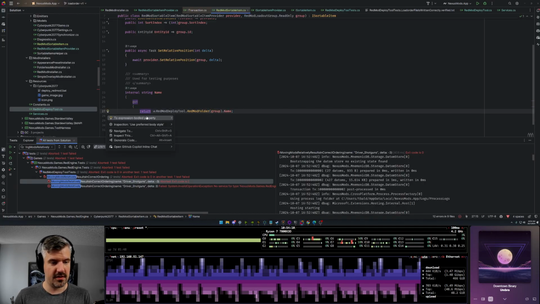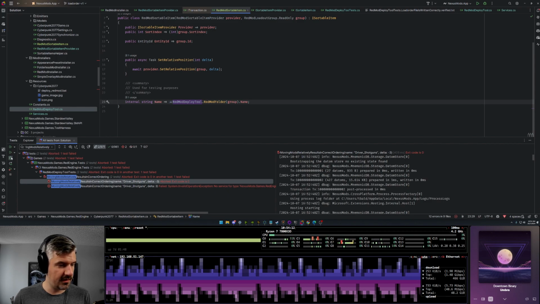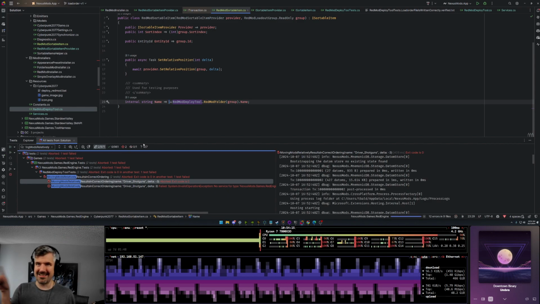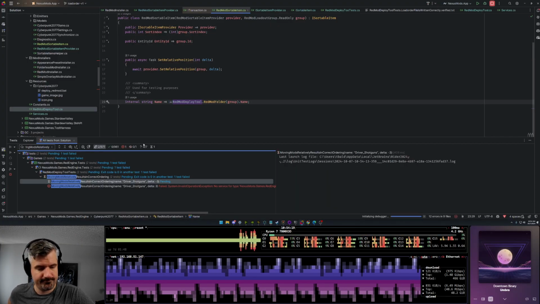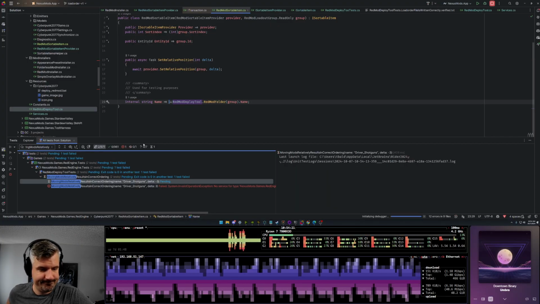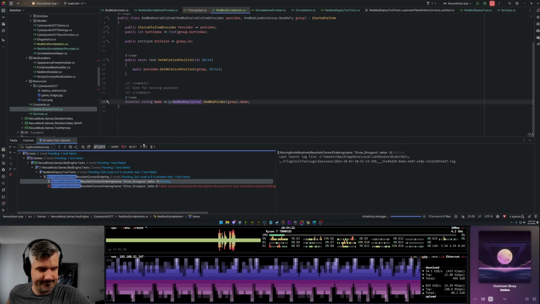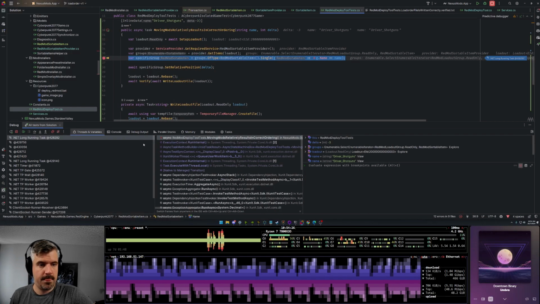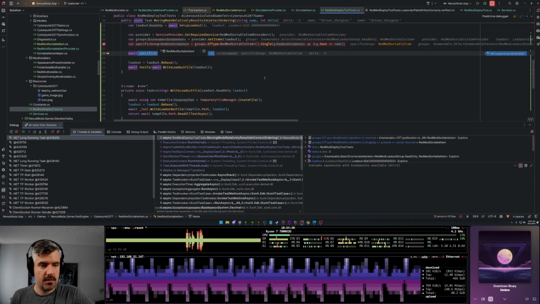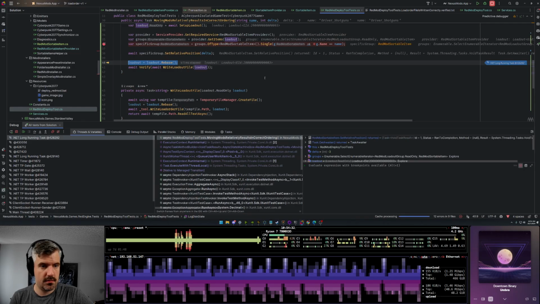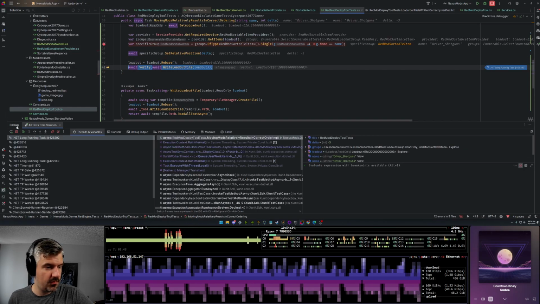So we're just going to do this to get the name, which should give us the correct value now of driver shotguns, plural. So we do have a specific group. If we run this,